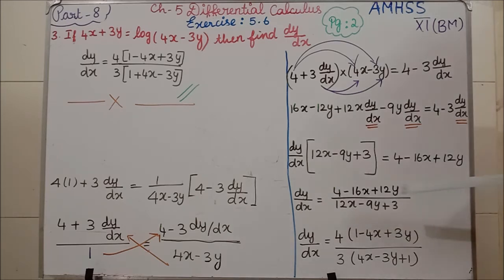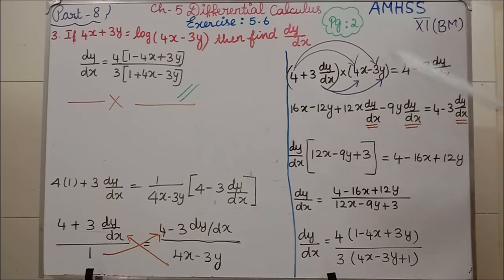So I am going to take 4 commonly out from the numerator. If I take 4 commonly out, how many times 4? 1. 16 means 4 4s are 16, so 4x. 12 means 3, so 3y. Divided by, here 12x, 9y, 3, everything will go in the 3 table. So I am taking 3 commonly out. So 4x, since 3 4s are 12. I have written 9 means 3y, and 3 means I only have to write 1.